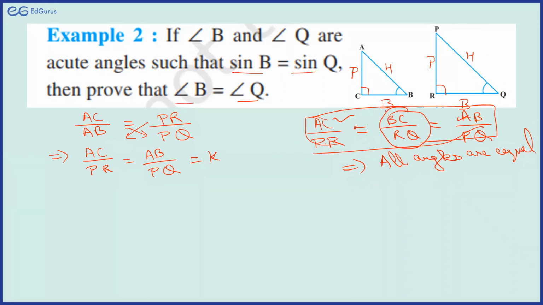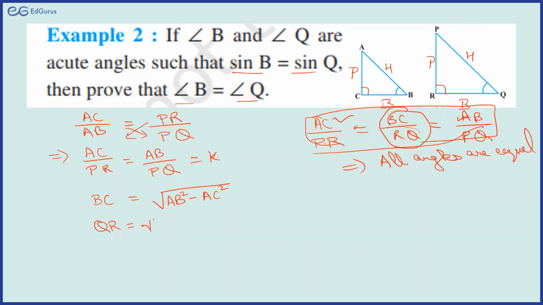Okay, again, because we need to find out BC and RQ and their ratios using Pythagoras theorem. So let's assume this is equal to K. Now, what is BC? If AC upon PR is K, that means, what does that mean? BC is equal to what? BC is equal to square root of AB square minus AC square, right? Yes, ma'am. And QR